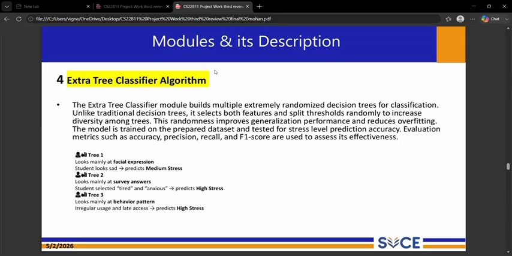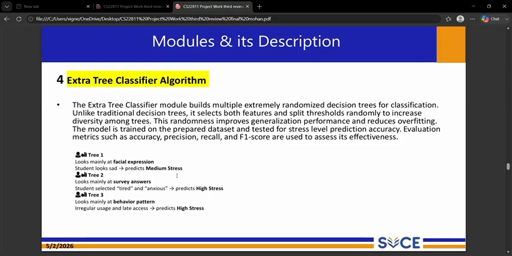And these three examples given down here, tree 1, tree 2, tree 3, demonstrate how different trees focus on different aspects like facial expressions, survey, and stress levels, here given as medium stress and high stress, with the behavior pattern and survey pattern helping their prediction.